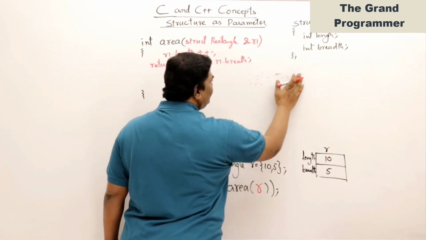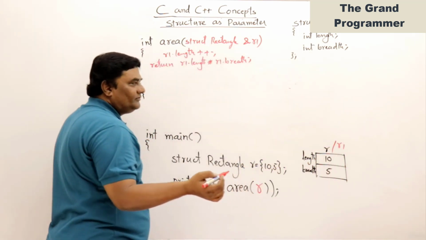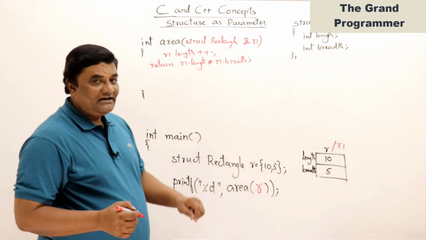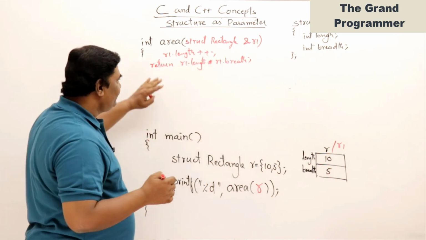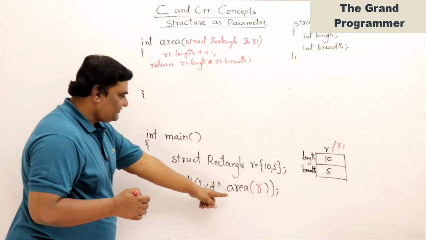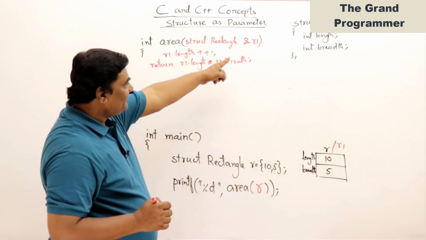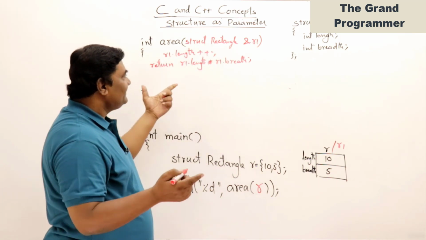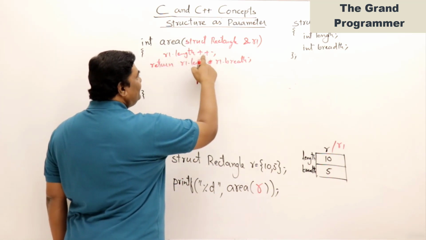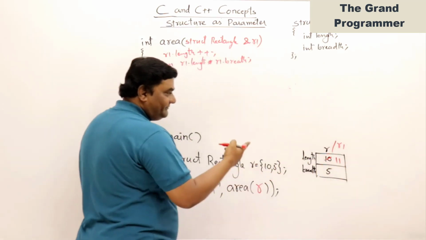So a new object will not be created, but the same thing is called R1 also. Yes, we have already learned about references. You know very well that this will not be a separate block of machine code. It will be pasted at the place of function call. We have already learned about this. Only there I have to write ampersand, and the rest of the things remain the same. Then if I say R1.length plus, yes, this will modify. This will become 11. That same thing gets modified,